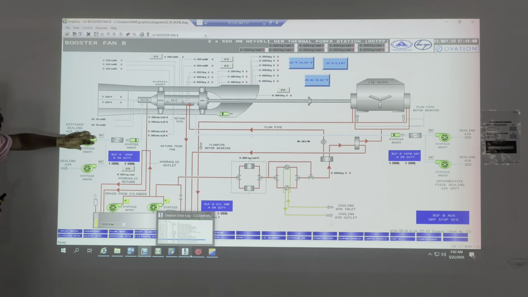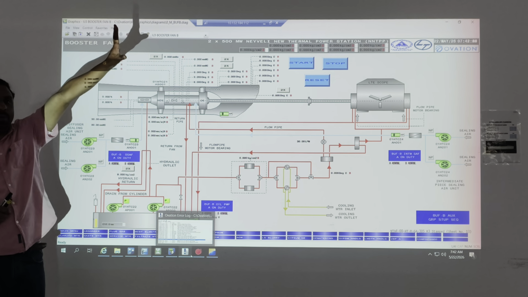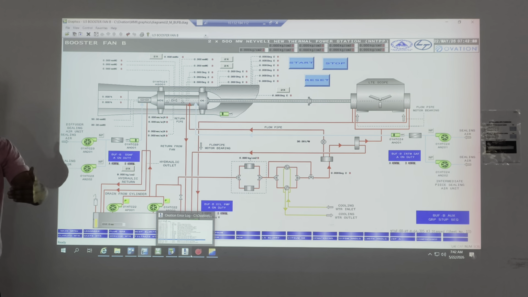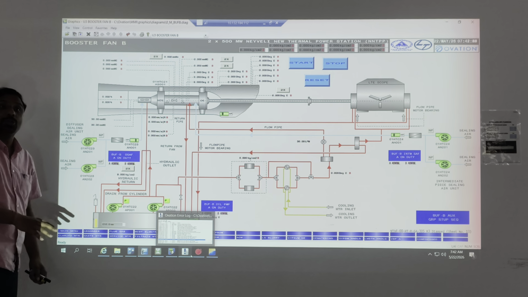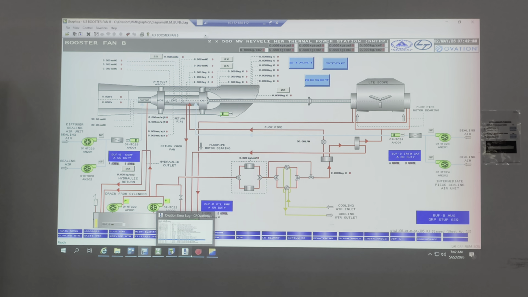Now when you again want to use it, you just go to the library, take it and paste it. Again take it and paste it. So it is easy to use. So it will be called macros. Okay?